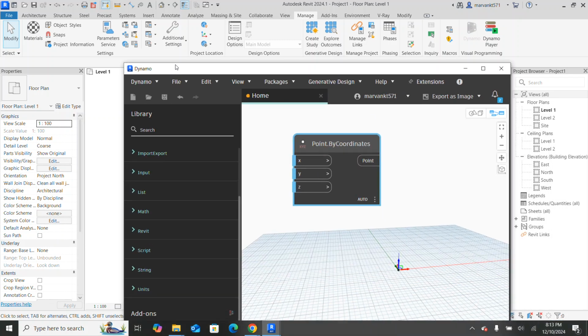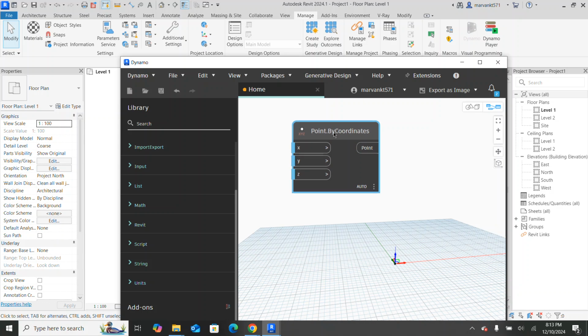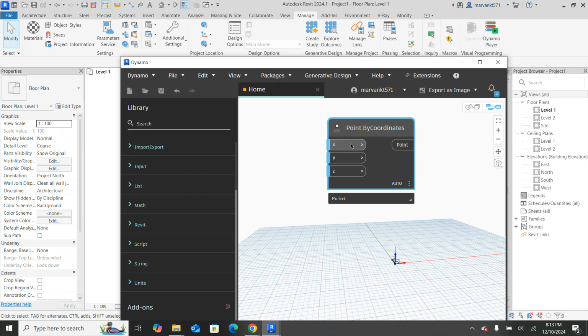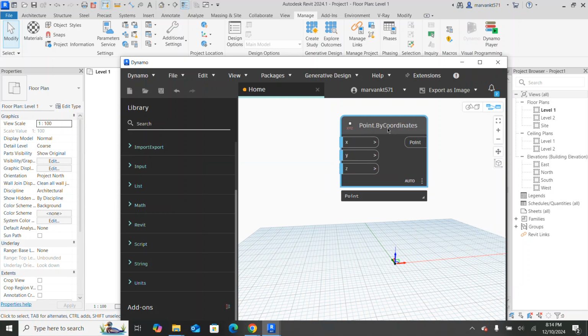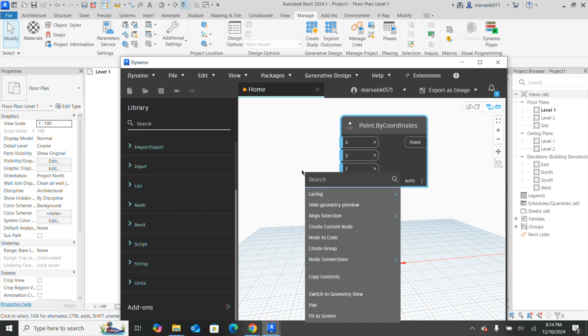Now, normally a Dynamo node has two portions: one is input, the other is output. That means here you need to give your input, feed your value, and this will be your output. For example, I want to give different values for x, y and z. Currently you can see the default values 0, 0, 0, that means x0, y0 and z0. But I need to give some values. For this, you can just right click